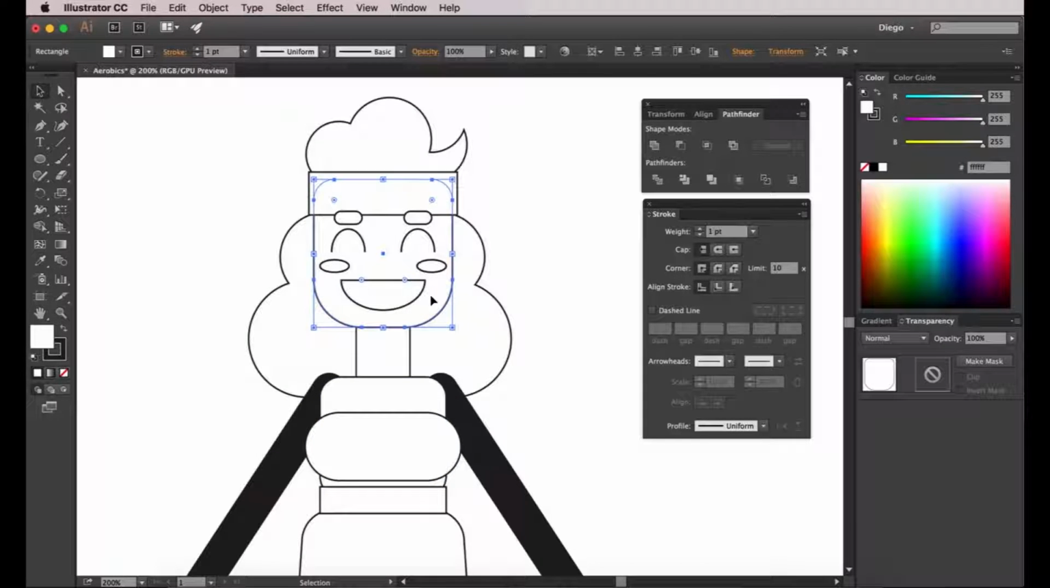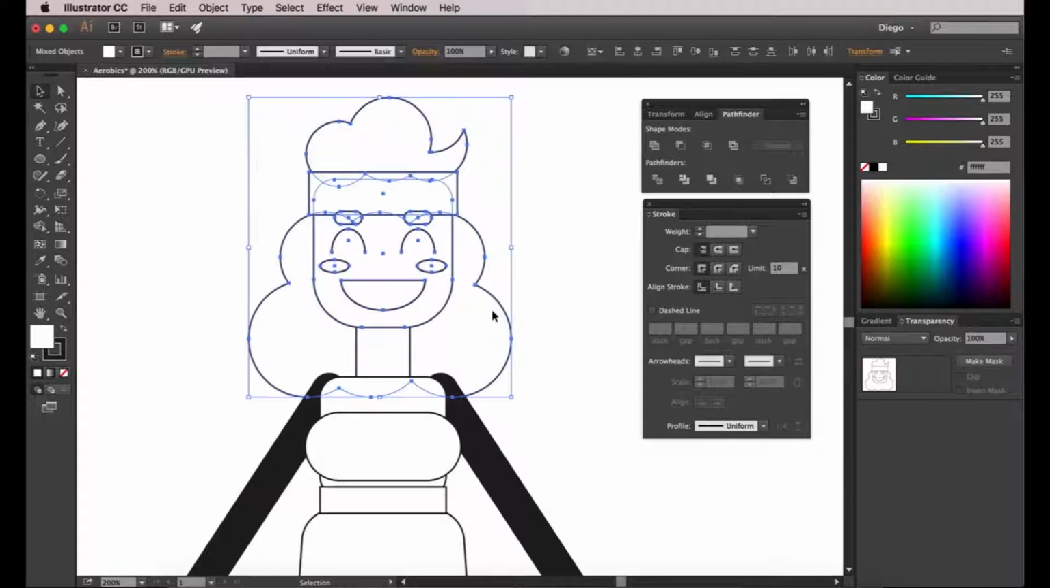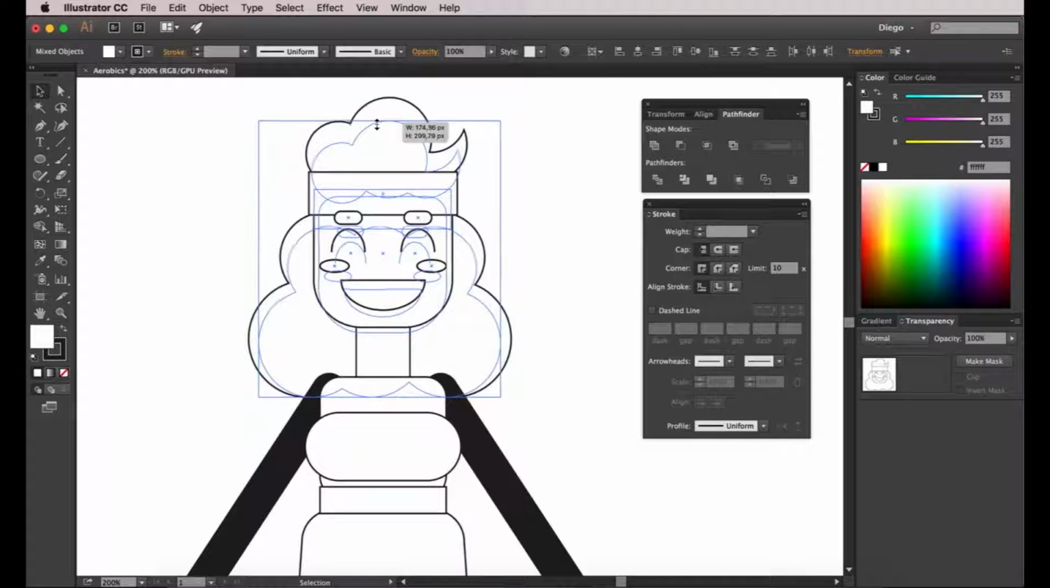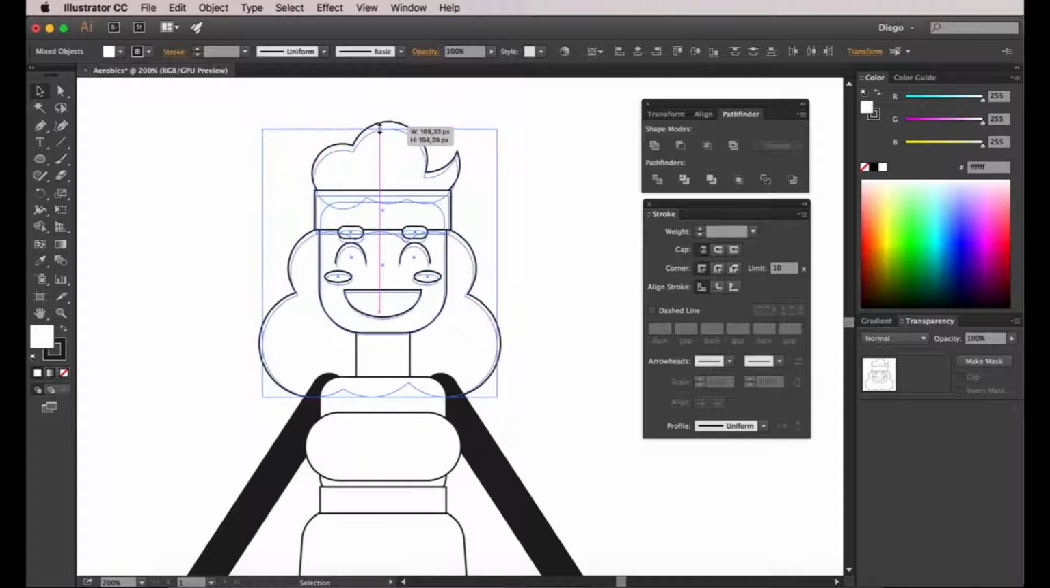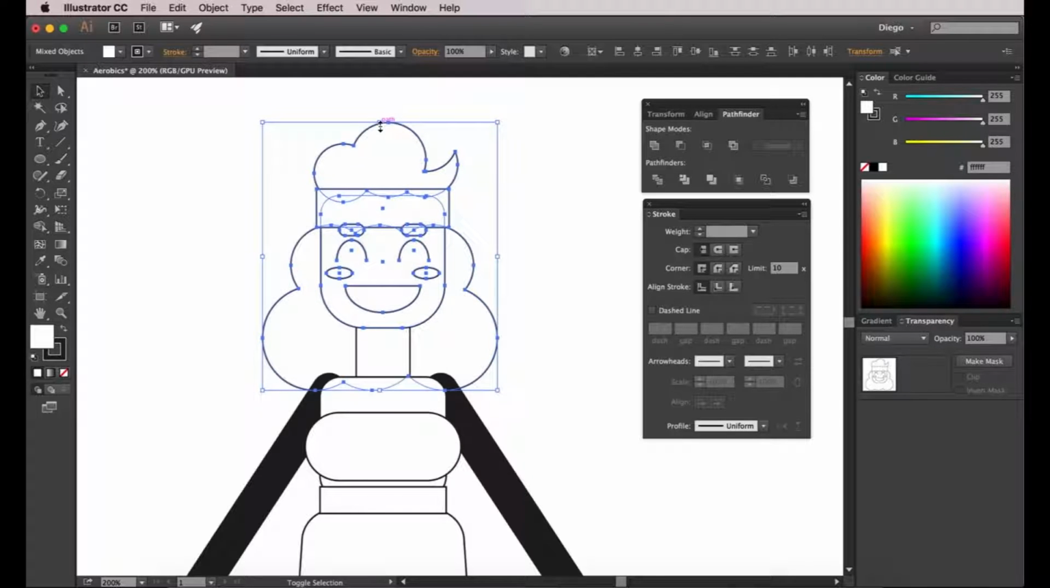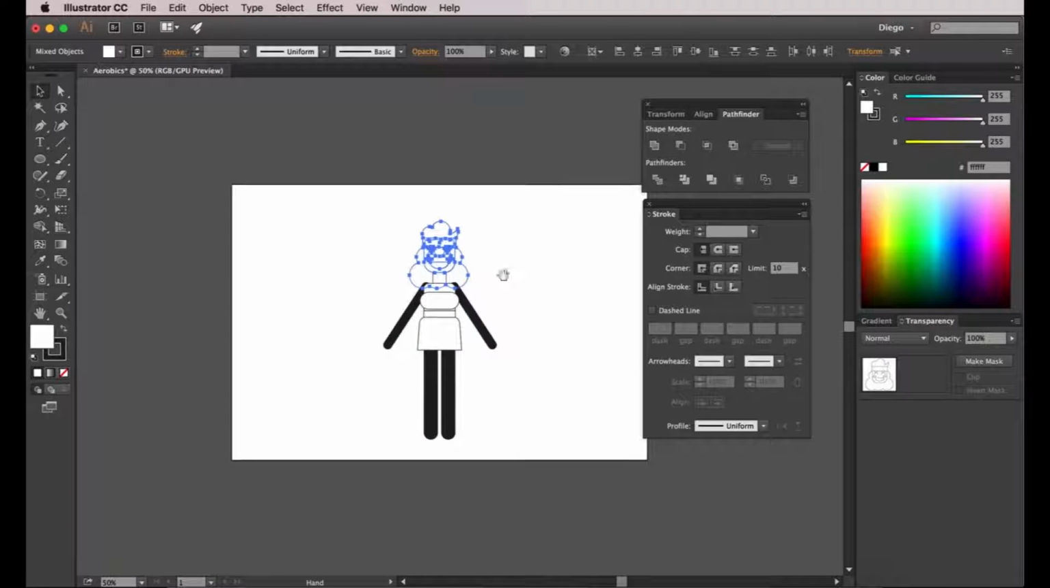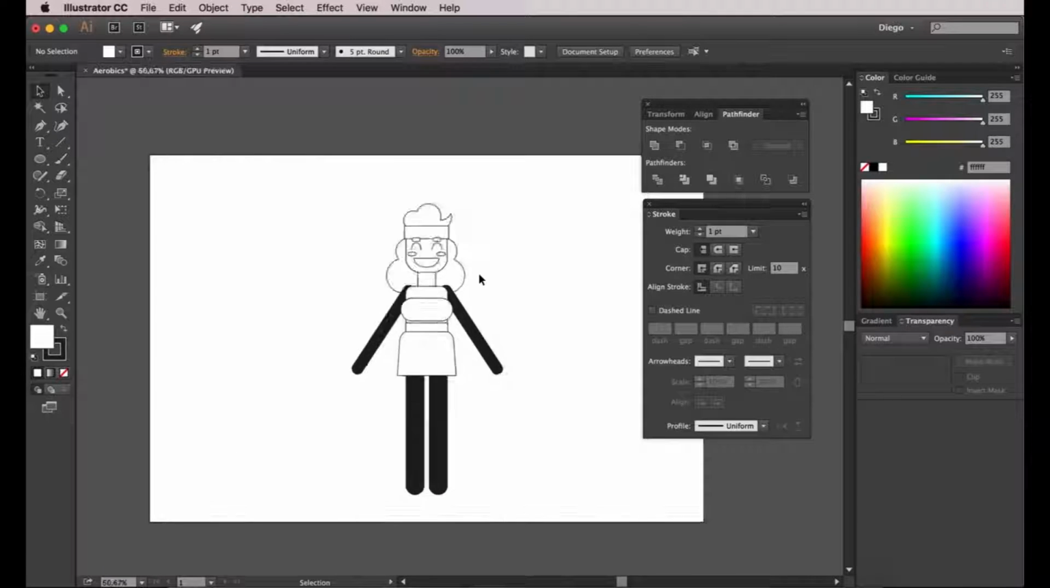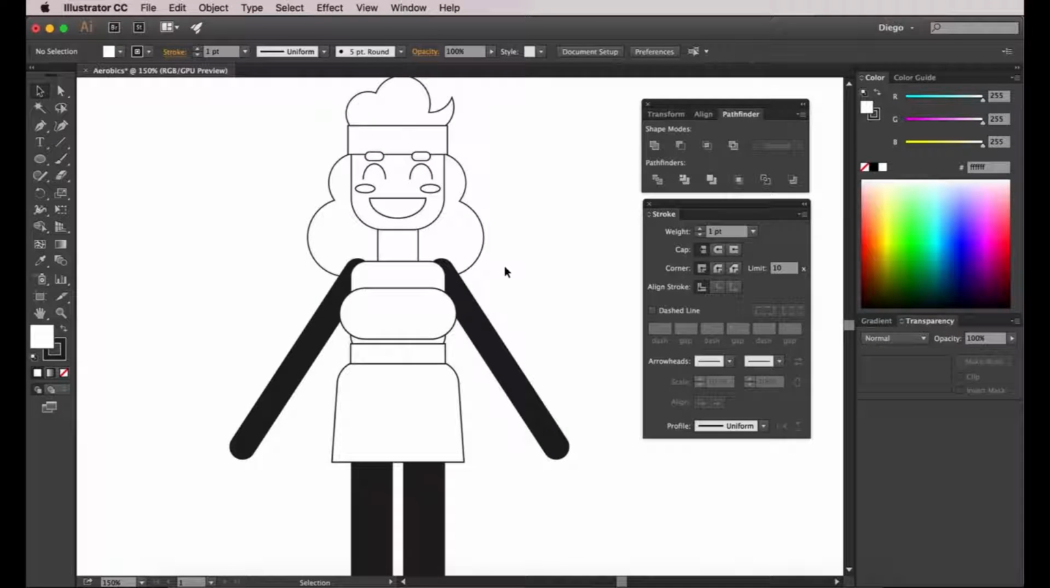At this point, I think that her head is a bit out of proportion. I want to make it smaller. So I'm selecting everything and I'm going to resize it a bit by using the black arrow and dragging the bounding box while holding Shift to constrain the proportions. So I'm going to create a few extra details. For example,